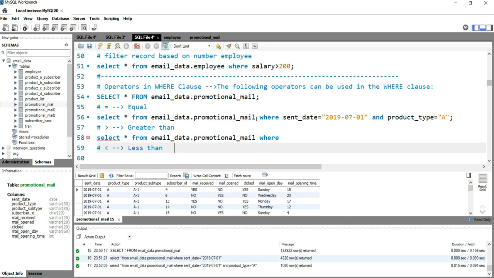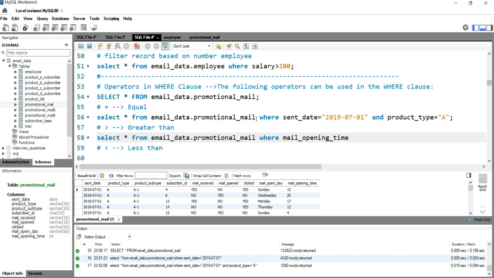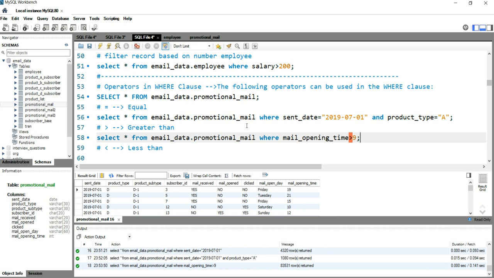So what we did: select * from email_data.promotional_email where mail_opening_time is greater than 9. Since 9 is numeric, we don't have to put it under quotes. Now I'll run it. So you will see you have these records here.